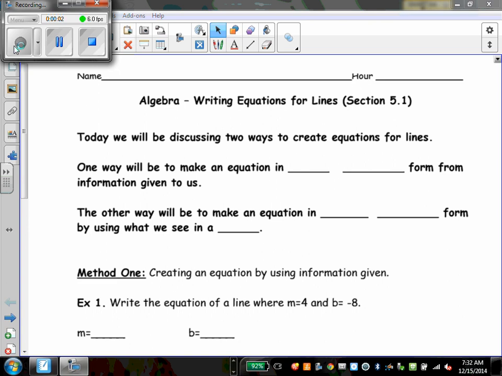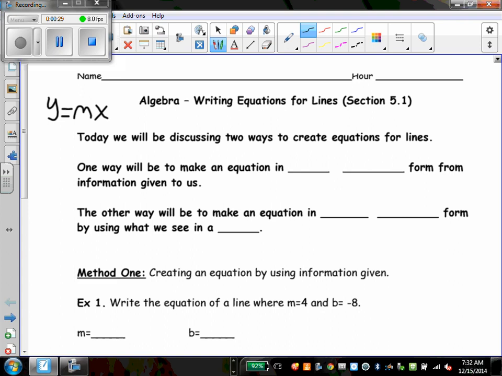Alright everybody, so here we are going to discuss how to write equations for lines. Recently we talked about how to graph lines based on equations. Specifically, we talked about one type of equation, and today we're going to go in the opposite way of what we did. One thing that we should remember before we start is this equation that we were using quite a bit,